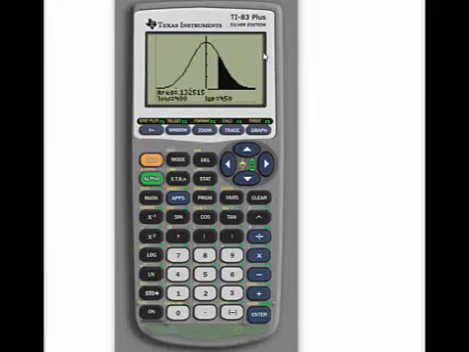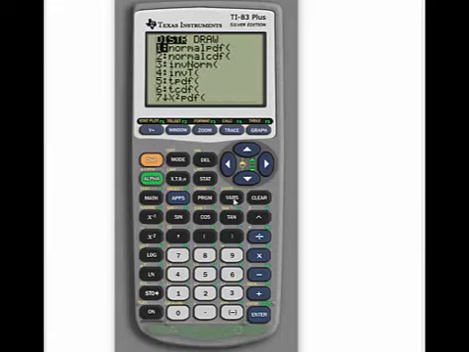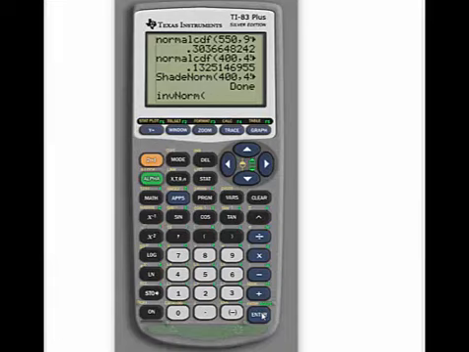On part C, it asked for the 90th percentile. So for this one, you can do second distribution, go to inverse norm, and okay, this one, sometimes it gives me a menu and sometimes it doesn't, but it doesn't make any difference. We want to say 0.9, that's the percentile that we're looking for, and then we put the mean and the standard deviation,